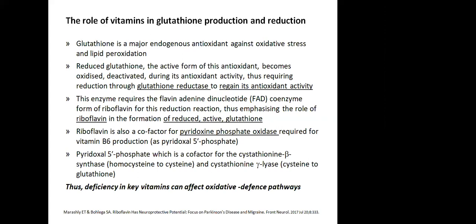Now, what's also quite relevant is that riboflavin B2 is also a cofactor for pyridoxine phosphate oxidase, which is required to produce the active coenzyme version, pyridoxal 5-phosphate, from B6. This is a cofactor for a couple of enzymes: the enzyme that converts homocysteine to cysteine, and then cysteine to glutathione. So you start to get this picture of why certain nutrients are really necessary, and how if you just knock out one particular nutrient, it can have this long knock-on effect